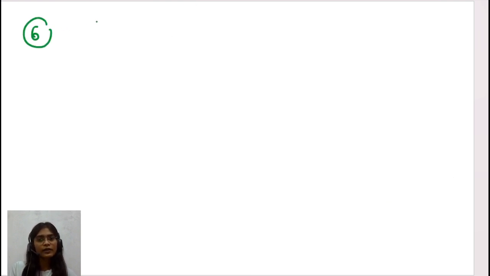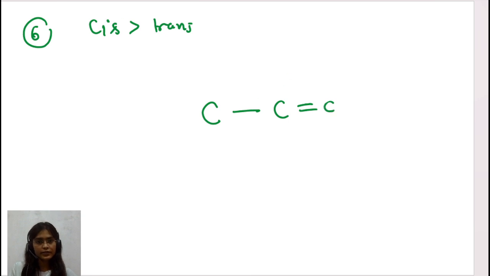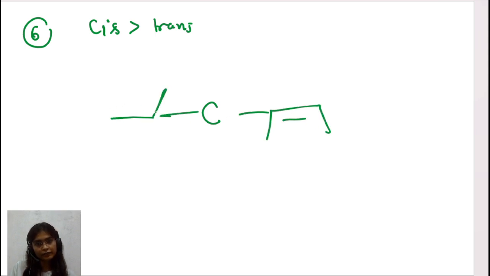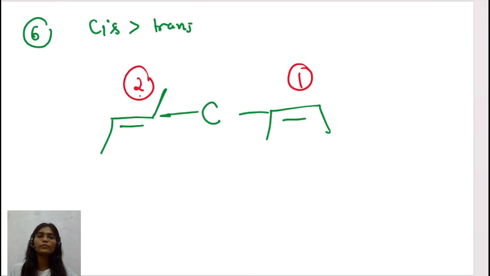If cis and trans, always be noted, the cis one has a maximum priority over the trans. For example, if this is carbon, and let's say one side it's a cis. Okay, so one side, let's say this is cis, like this, and one side this is a trans, like this. So it means which one has the first priority? Obviously this is. So it's a 1 and 2. This is a normal CIP rule there.